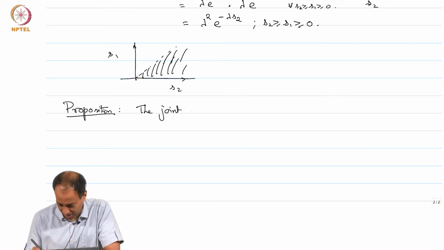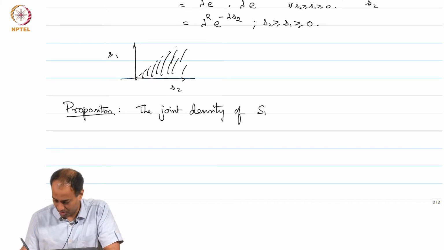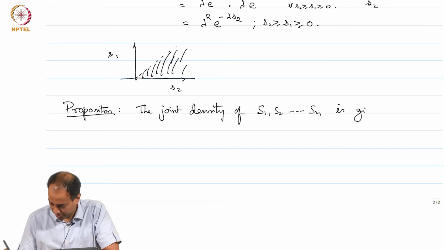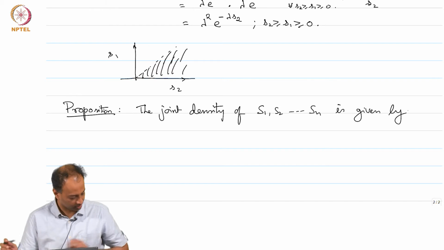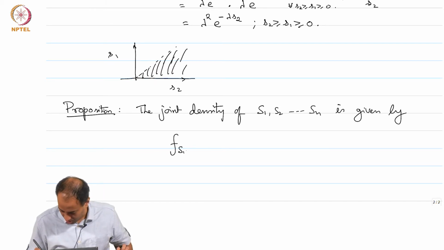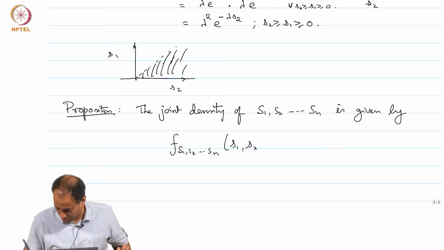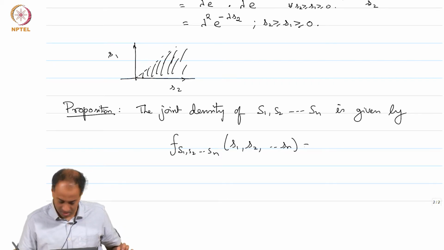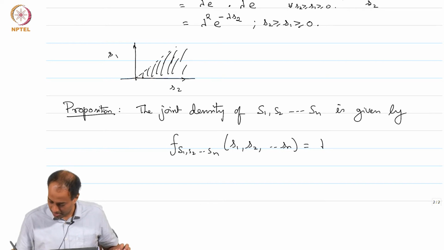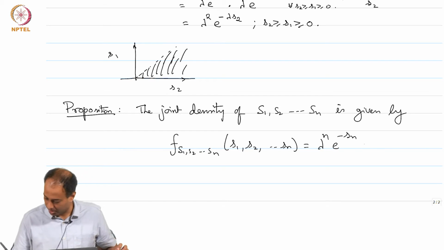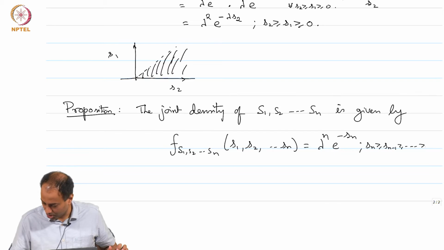The joint density of S1 S2 dot dot dot Sn is given by f S1 S2 Sn of little s1 little s2 little sn is equal to lambda to the n e to the minus lambda Sn for Sn bigger than or equal to Sn minus 1 bigger than or equal to dot dot dot,